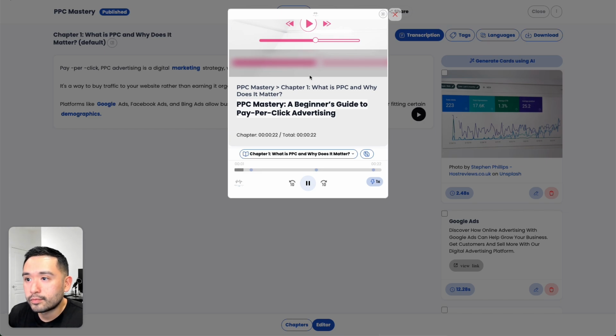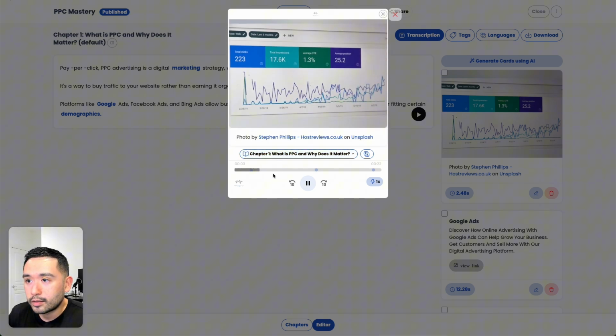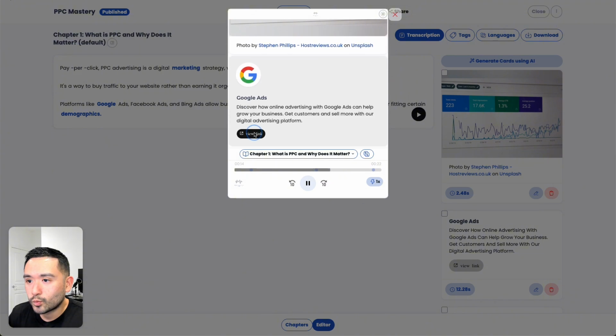Pay-per-click. PPC advertising is a digital marketing strategy where advertisers pay a fee each time their ad is clicked. It's a way to buy traffic to your website rather than earning it organically. Platforms like Google Ads, Facebook ads, and Bing ads allow businesses to display ads to users searching for specific terms